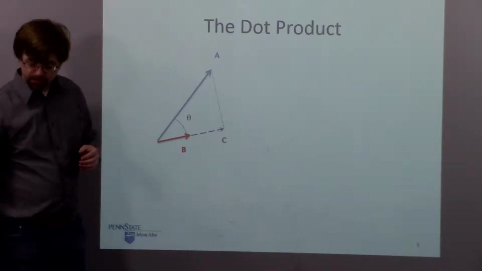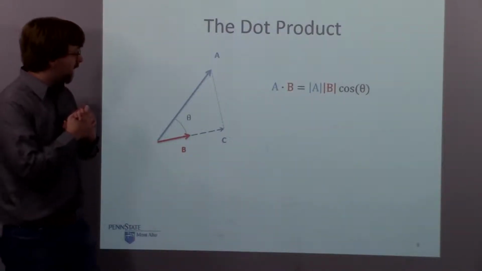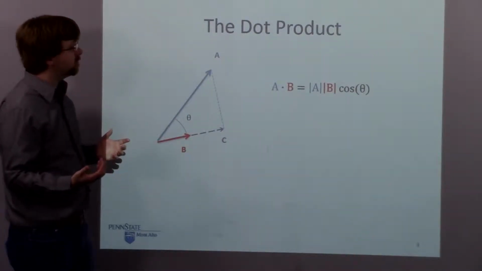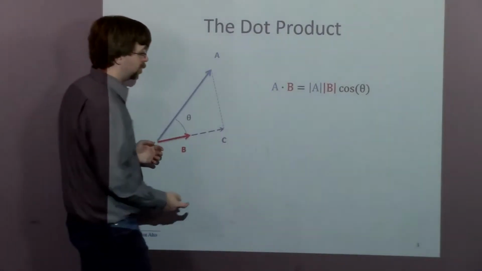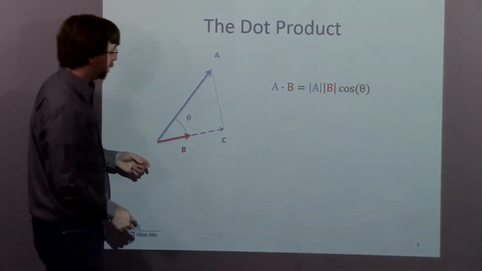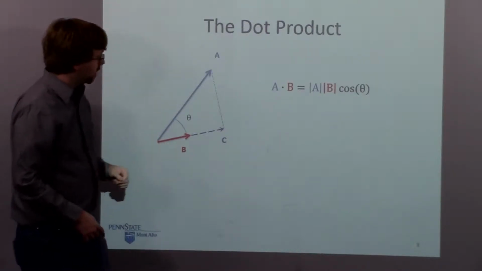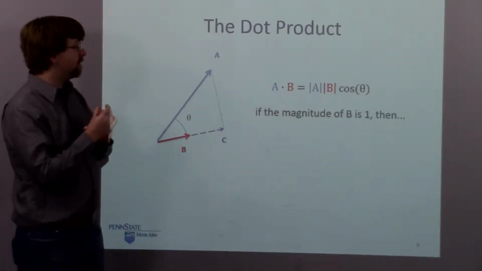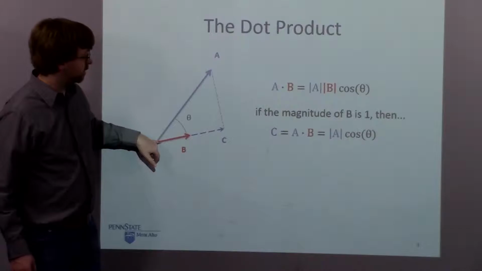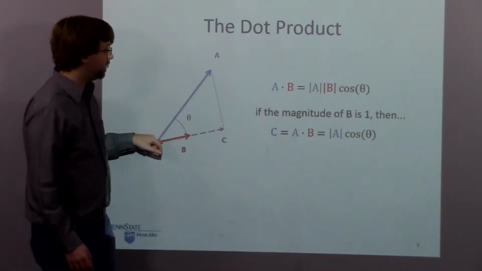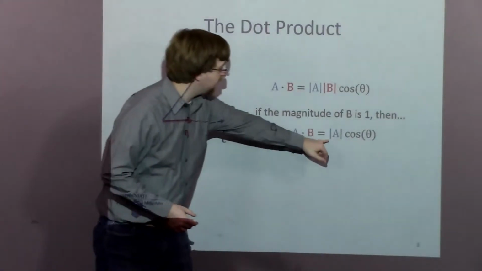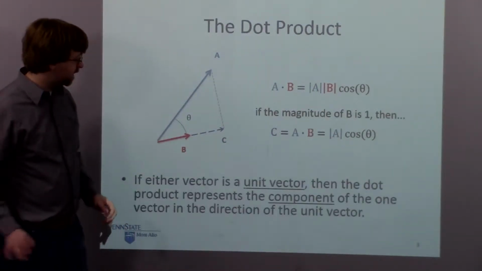Alright, so with the dot product, say we've got vector a and vector b. The magnitude of the dot product is going to be equal to the magnitude of a times the magnitude of b times the cosine of the angle between the two. So if the magnitude of b is equal to 1, so this vector down here has a length of 1, it's a unit vector, then c, our dot product here, is going to simply be equal to a times the cosine of theta, and that is going to be